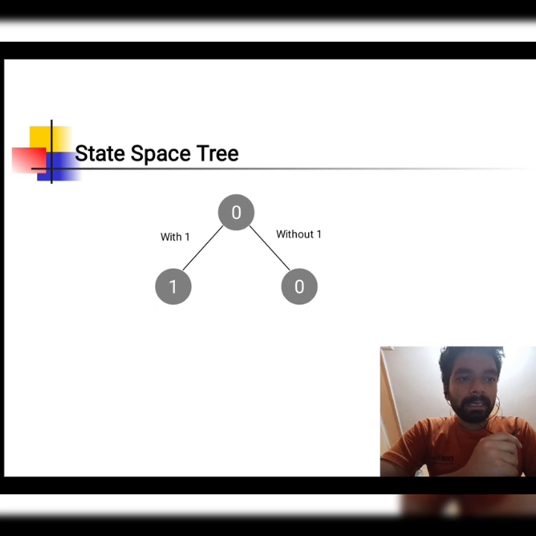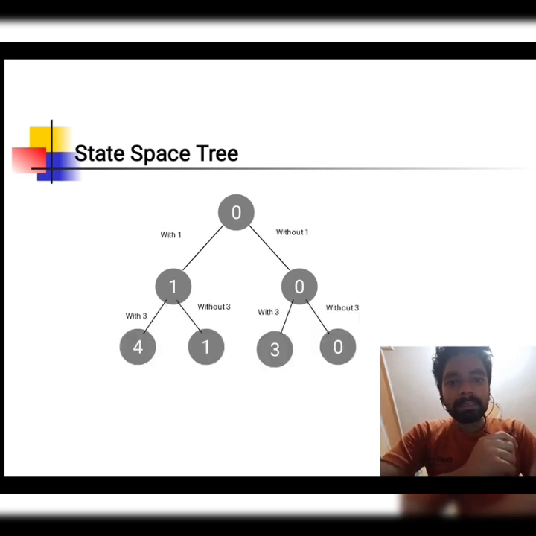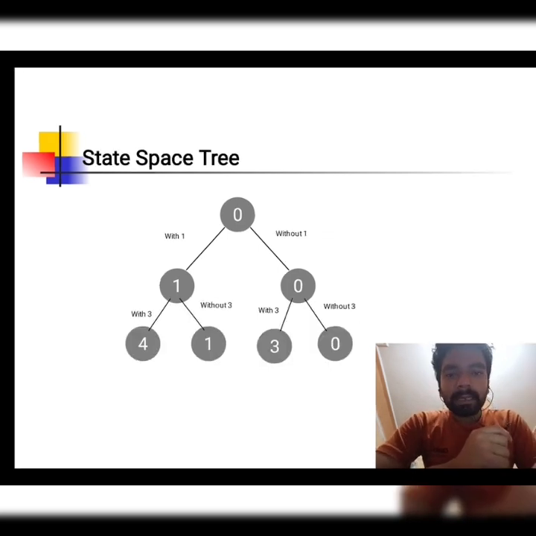Now the second value is 3, the third is 4 and the fourth is 5, and we add these values the same as 1. Now adding the 3 value in this node: on the left hand side, 3 plus 1 is equal to 4, and without 3, 1 stays as a copy. In this node add 3, so 3 plus 0 is equal to 3, and without 3, 0 stays as a copy.